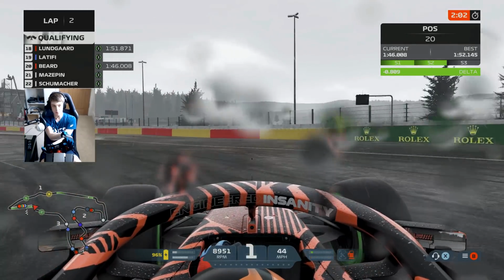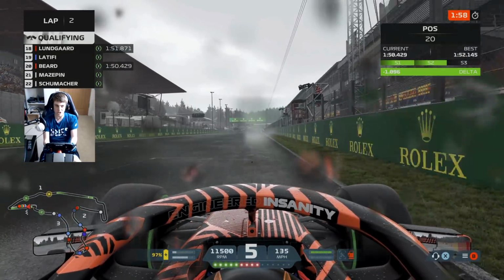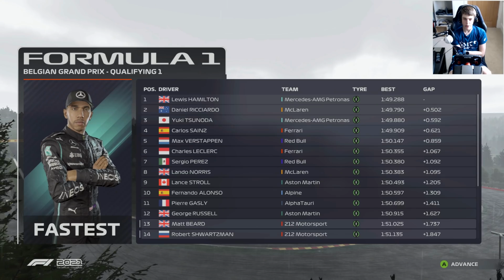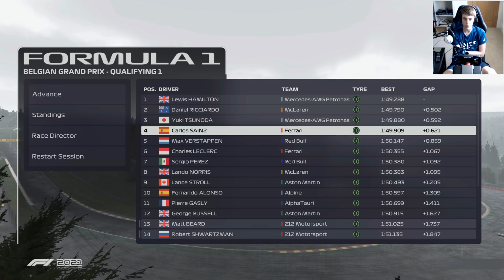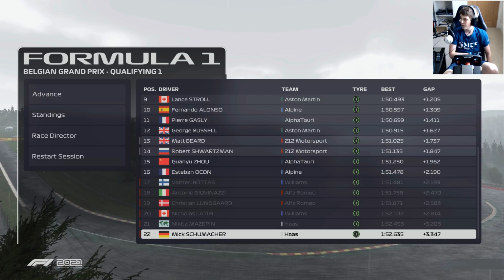But through the final chicane there, we've thrown away a little bit of time on entry, but we've gained a load on the exit. Up towards the line, it's going to be a second improvement. P13, thank goodness for that. We put everything on the line on that final run there, and still only a 10th quicker than our teammate Robert Schwartzman there. But happy to finally get both cars through into Q2 for the first time in I think